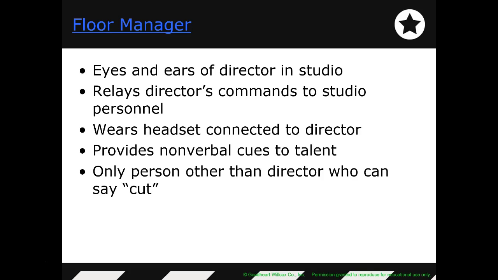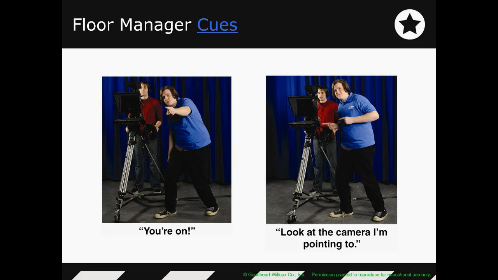It's a position that a lot of times gets cut nowadays, but in big productions, there definitely needs to be someone there to help with all the different things behind the camera. We mentioned cues, for example. They're the person next to a camera telling the anchor that they're on, to look at a camera.